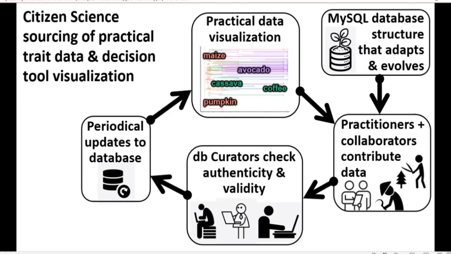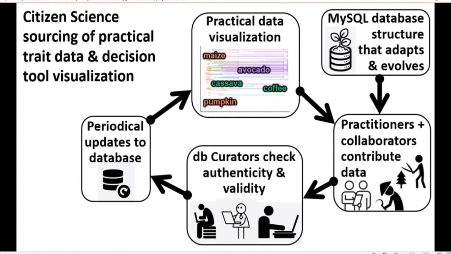So basically our proposal here is to start with the sort of data visualization that we already have to encourage practitioners and collaborators to contribute their own data. So when they use our tool, they see, oh, I want my species to be in there, to use it in my planning, to offer my consultancies to other farmers or agencies who want me to offer my planning for agroforestry systems or restoration. So they want to add their data and then use a new version of the tool with their data